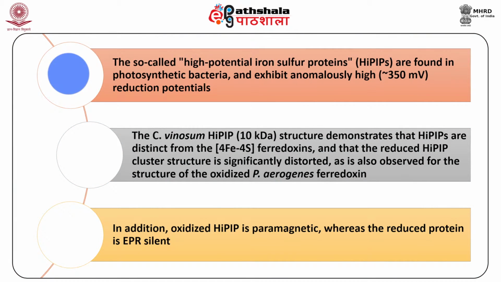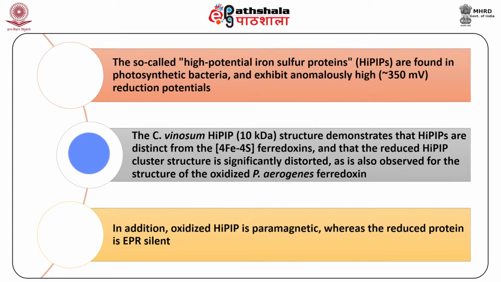The irons are strongly exchange coupled, and the 4 iron 4 sulfur cluster in bacterial ferredoxins is paramagnetic when reduced by 1 electron. The so-called high potential iron-sulfur proteins, HiPIP, are found in photosynthetic bacteria and exhibit anomalously high, approximately 350 millivolt, reduction potentials. The C. vinosum HiPIP is approximately 10 kilodaltons, and the structure demonstrates that HiPIPs are distinct